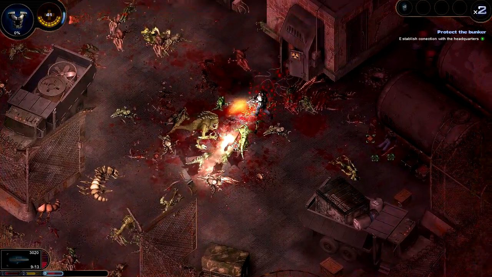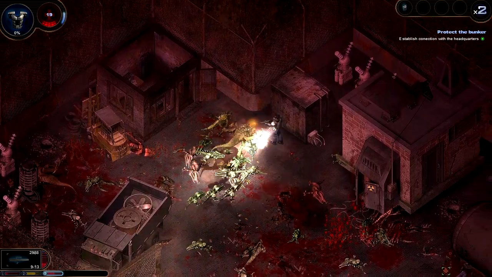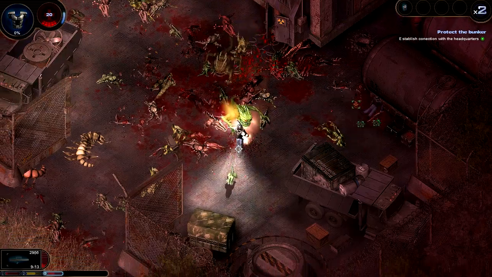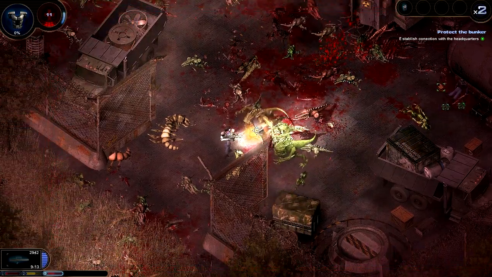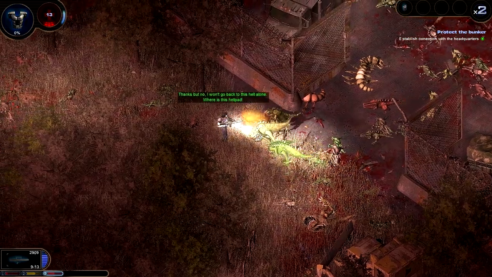Who knows, man? I find it weird that like a shooter RPG has strength as an attribute. Like, unless you are doing that boxing run where you're just punching everything. And here we go, again, same thing. Gonna get trapped in the corner, almost certainly gonna die here. And I'm pretty sure that when I die...